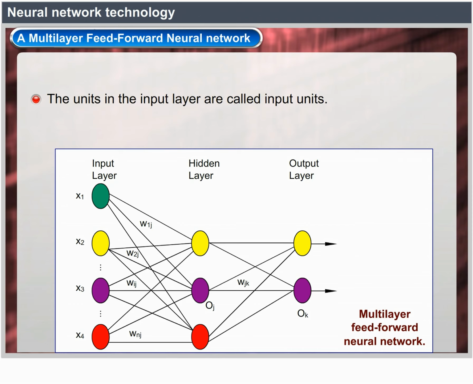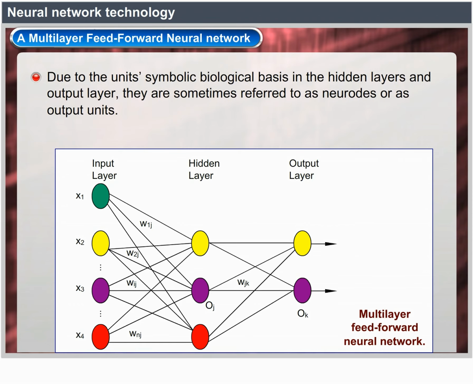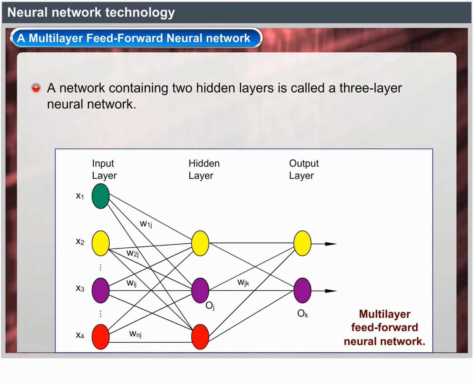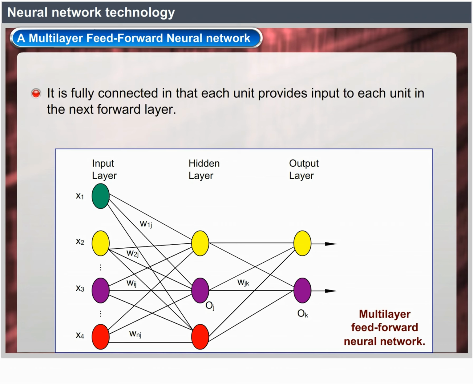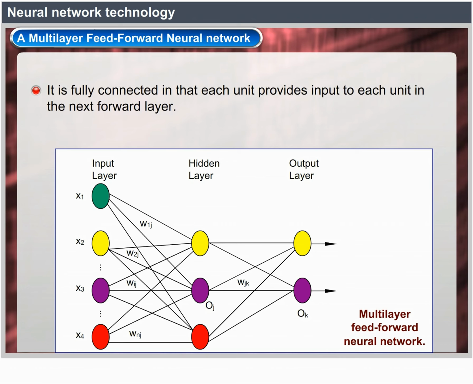The units in the hidden layers and the output layer are sometimes referred to as neurodes, due to their symbolic biological basis, or as output units. A network containing two hidden layers is called a three-layer neural network. It is a feed-forward network since none of the weights cycles back to an input unit or to a previous layer's output unit. It is fully connected in that each unit provides input to each unit in the next forward